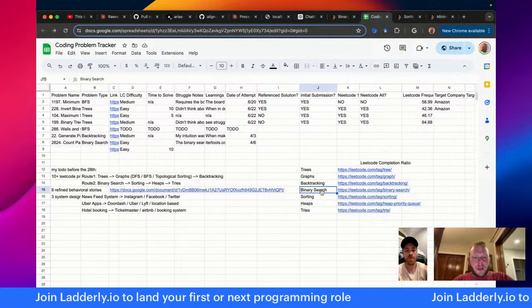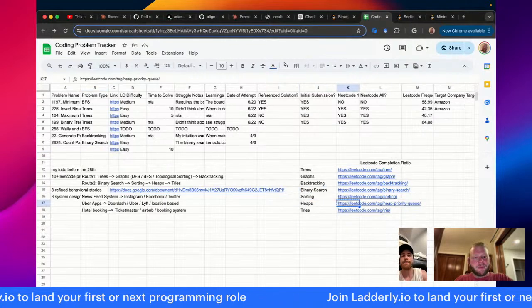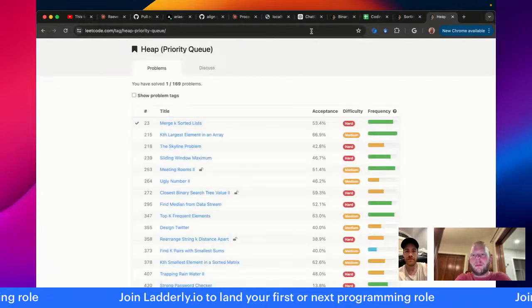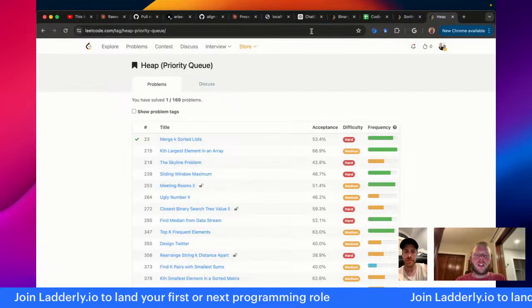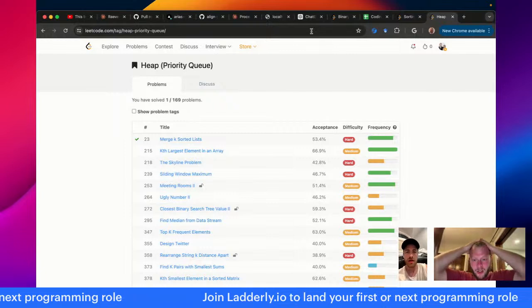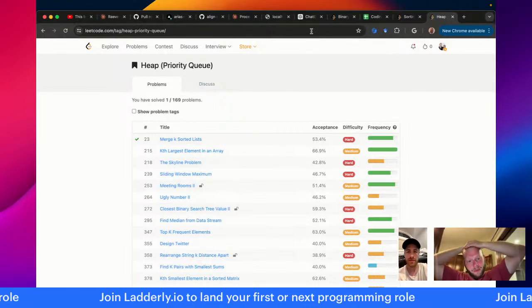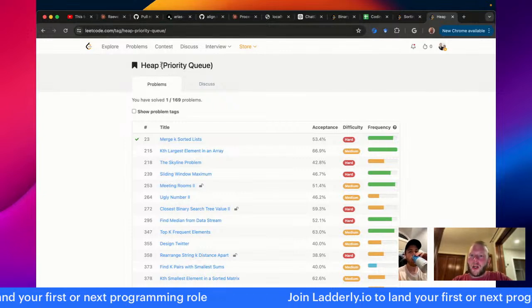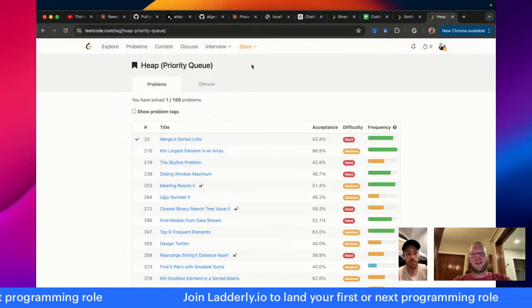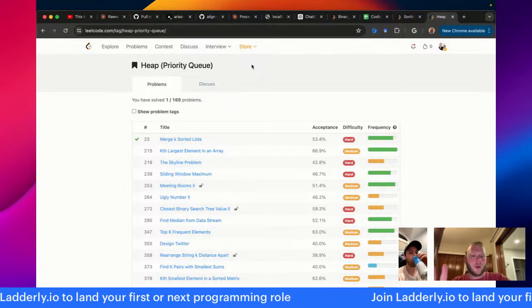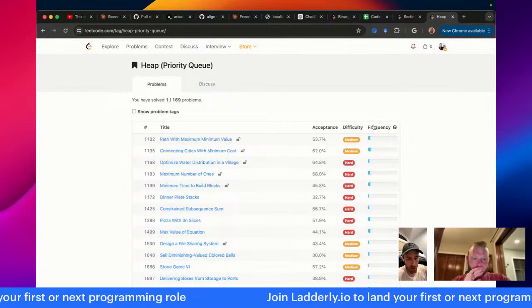Okay, next problem. So we did a sorting problem. Let's do a heap problem. One of the issues with heaps is that I never use them. Heaps are a great example, at least in the web development world, of something that you rarely use in practice. Java developers will actually use them. But I love that Leetcode puts in parentheses priority queue, because it is true that we use prioritized queues all the time.